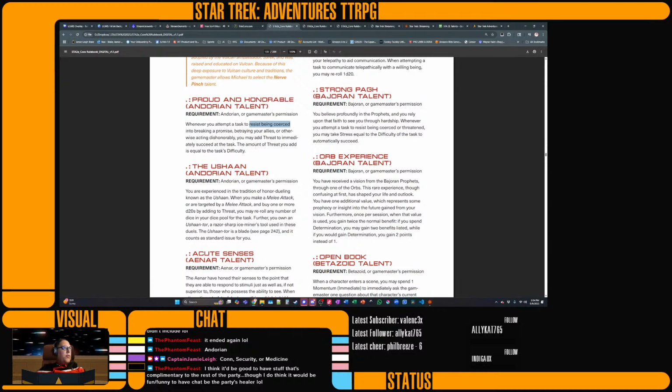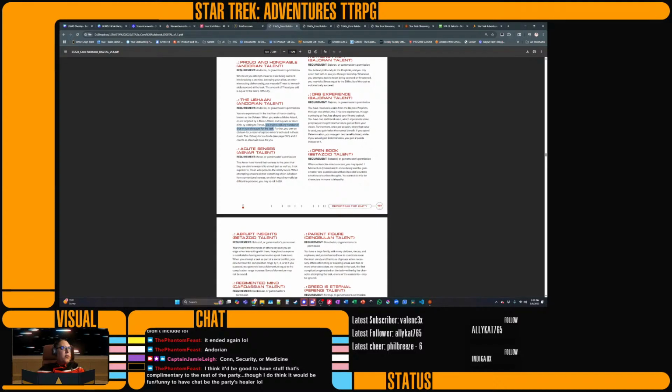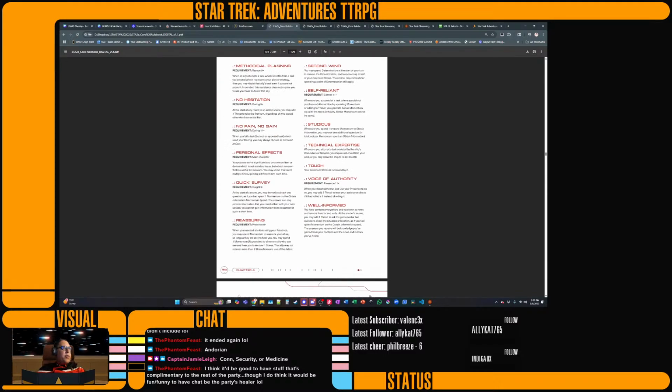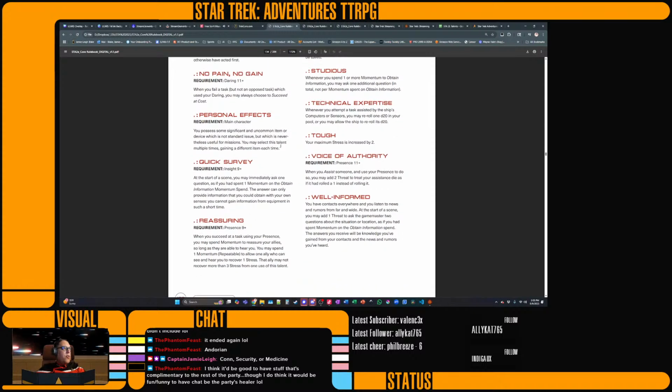Resisting being coerced requires a very specific circumstance. And then the honor duel: when you make a melee attack or are targeted by a melee attack by 1 or more d20s by adding to threat, you may re-roll any number of dice in your pool for the task. Let's not do that one. That's a little bit harder mechanically. We want something that's a little bit easier for chat to